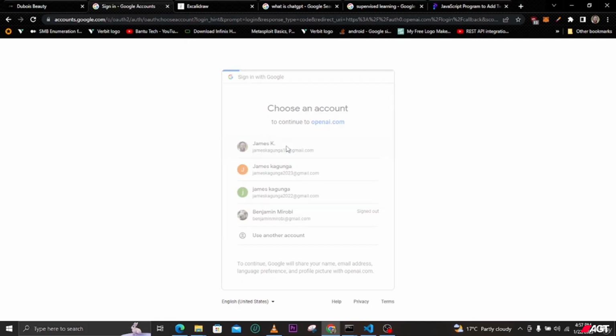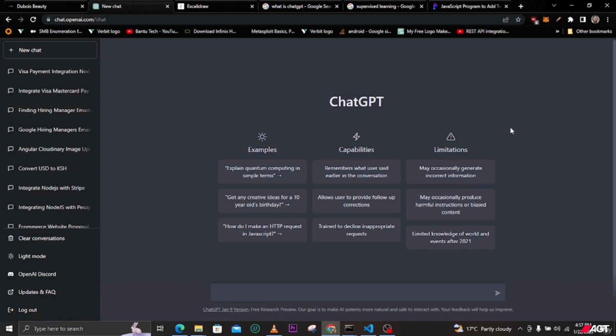So when you click here, you'll be redirected to your account. So this is the account that I have registered with them, so it is taking time. So right now you can see here everything. Now you can start using ChatGPT from here. So in here is where you need to start asking your question to ChatGPT, or this is where you can write anything and ChatGPT will be capable